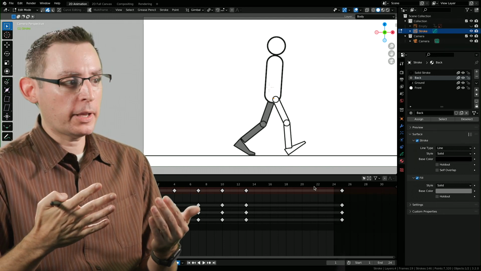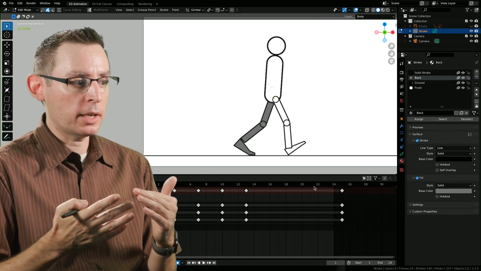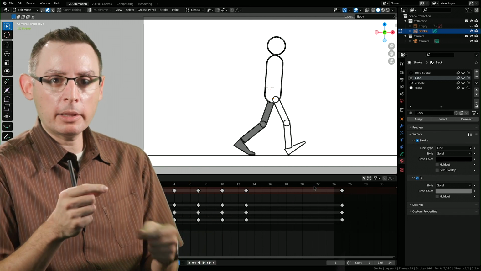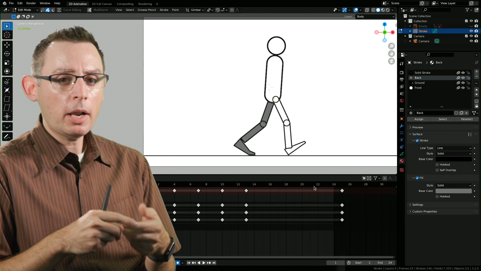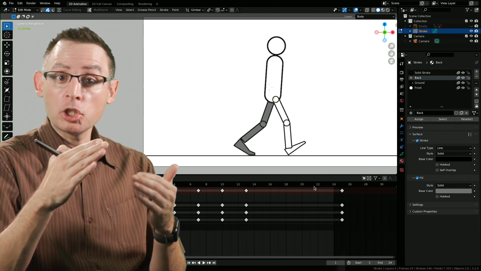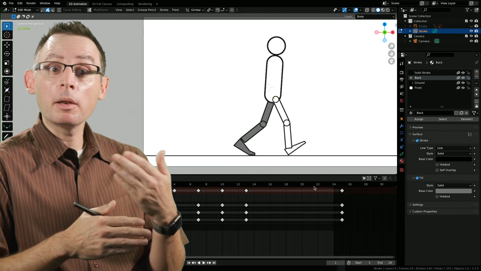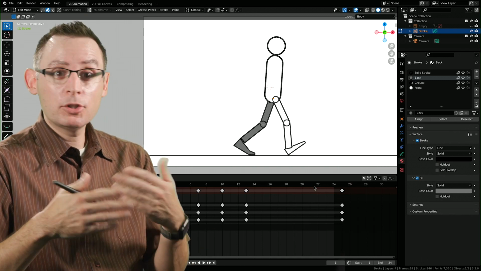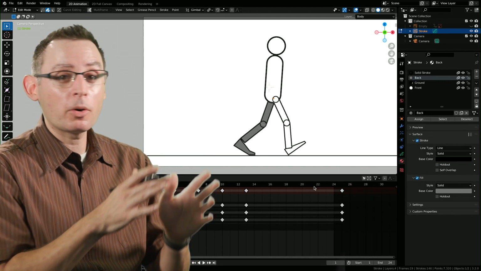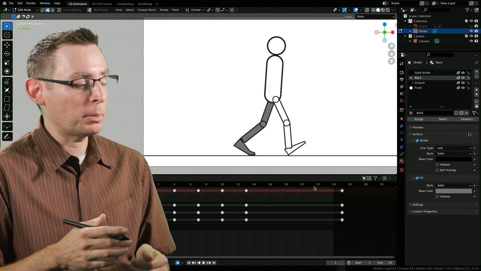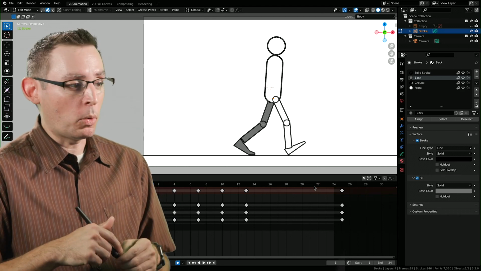Well, I've already figured out the posing of these characters' legs in the first half, both the plant leg and the moving leg. Why don't I just duplicate those keyframes and change their location a little bit and change the material that's assigned to them to make it appear correct? There's no sense in reinventing the wheel. We already have the poses done. Let's just duplicate some keyframes and make it a little bit more manageable.